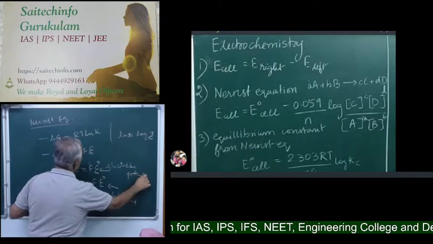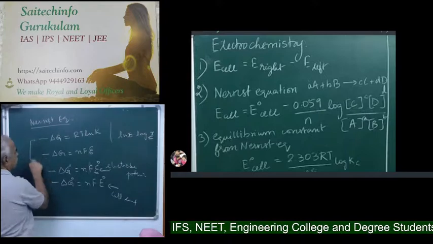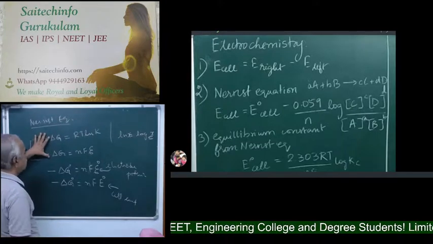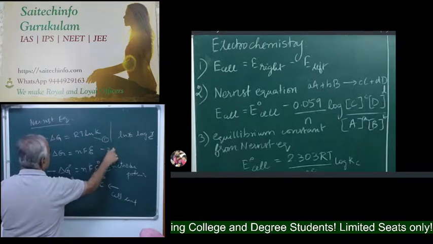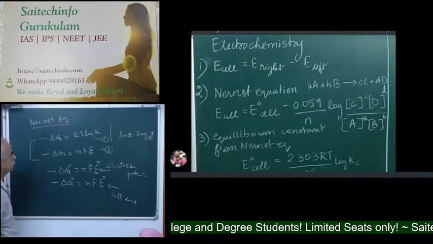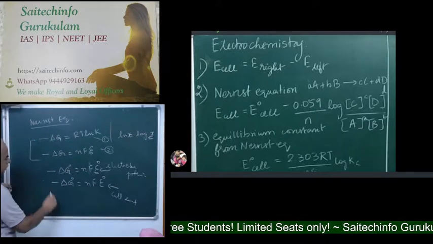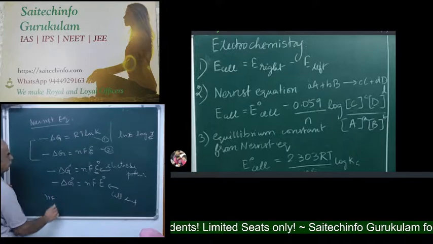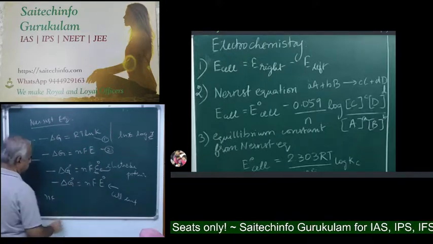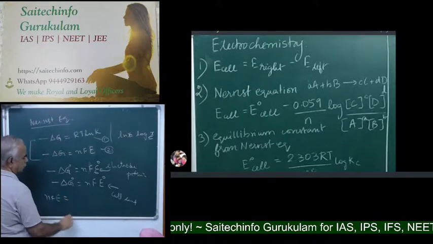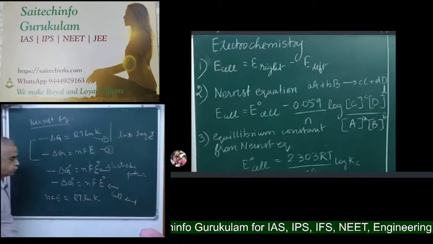Right? Electrode potential. Now, let me consider these two equations. Okay? Delta G on the LHS, they are same. So, let me consider equation 1 and 2. And these two equations are equal because LHS are same. So, RHS should be equal. So, in that case, NFE. Okay? So, suppose if you want to put as a cell EMF, you can put NFE, that is equal to RT log K. Okay?